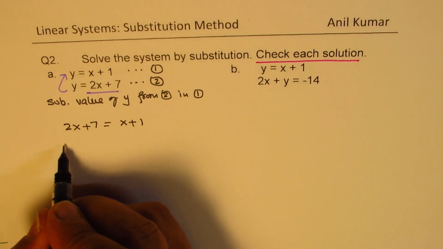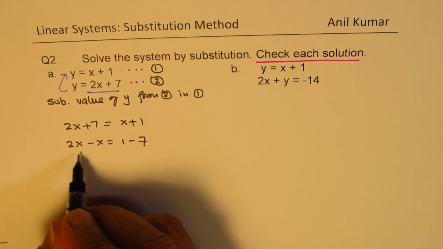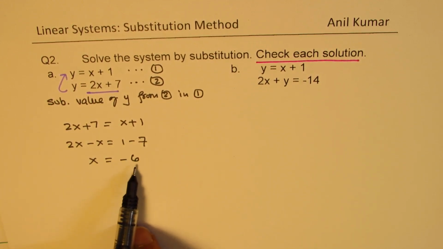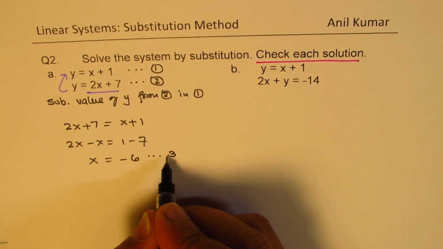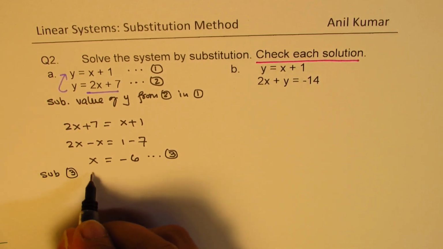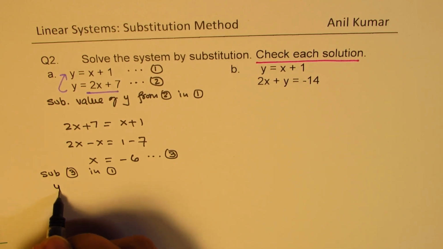Now bring the x's together. So we have 2x minus x equals 1 minus 7. So that is x equals minus 6. Once we get the value of x, find y. So let's call this our equation 3. Now we'll sub from 3 in 1, right? So we get the value of y as equal to